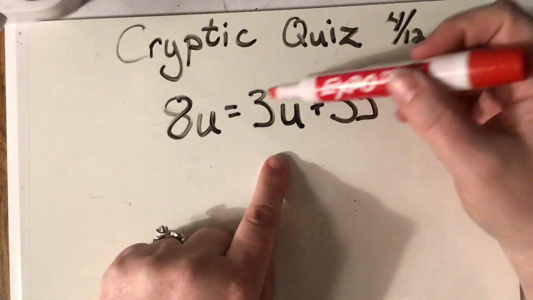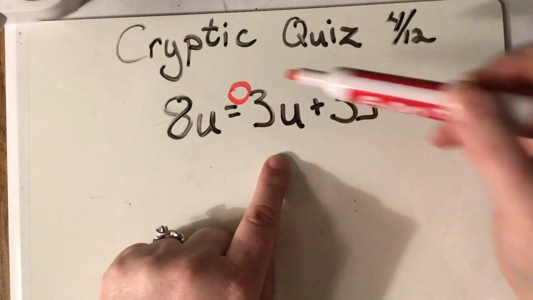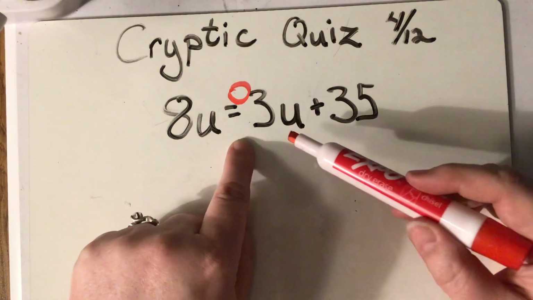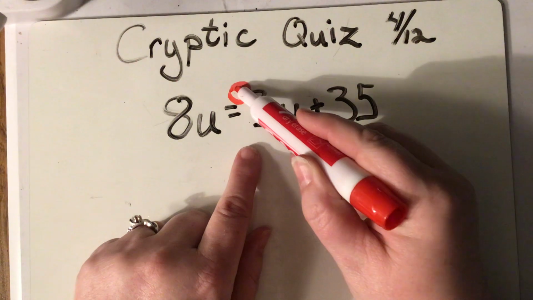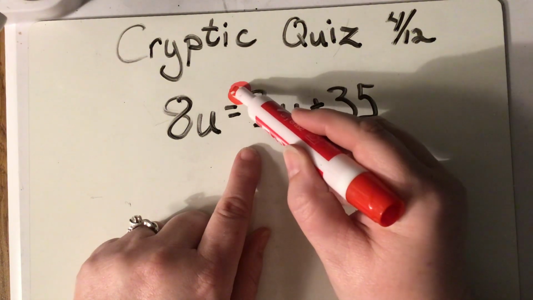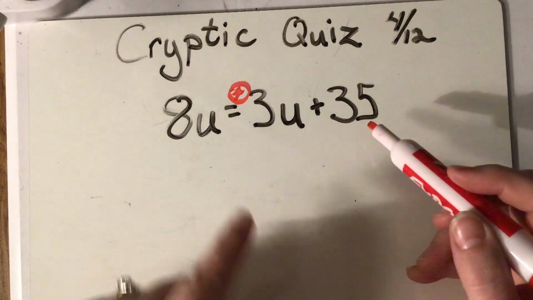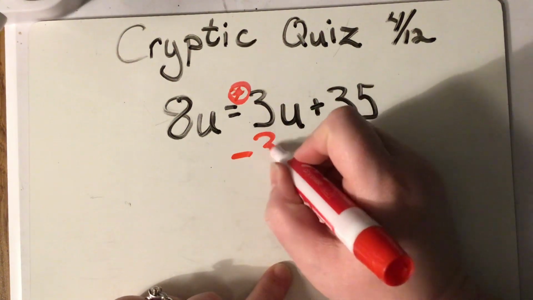Okay, now remember, there's no sign here. We're looking for signs that live in front of numbers, and that tells us whether they're negative or positive. If you don't see one, then that means that it's positive, okay? There will always be a negative sign if it's negative. So the opposite of a positive is a negative. So we are going to subtract